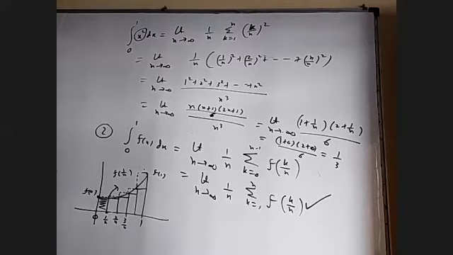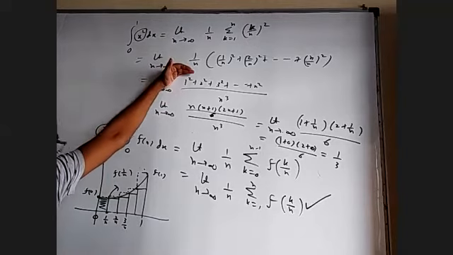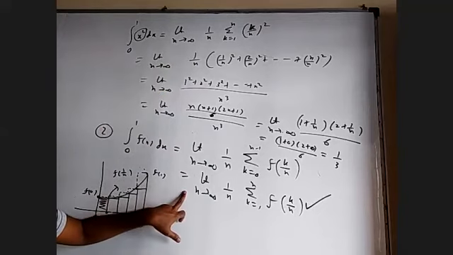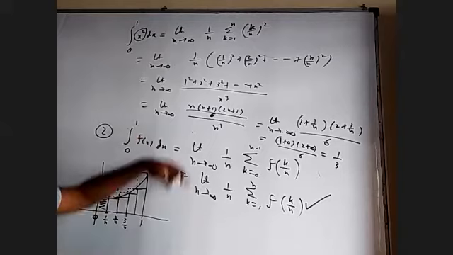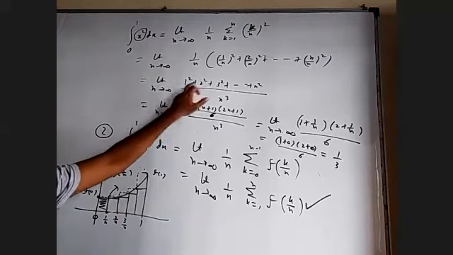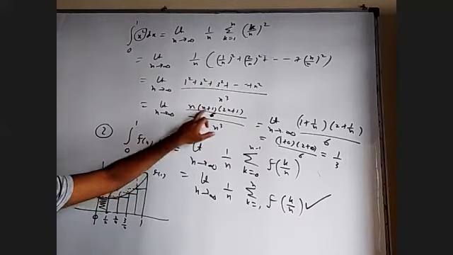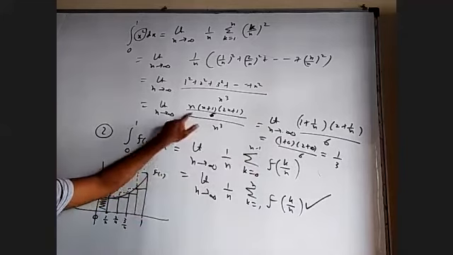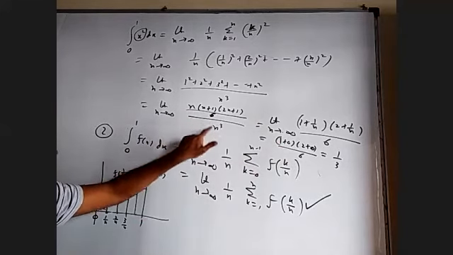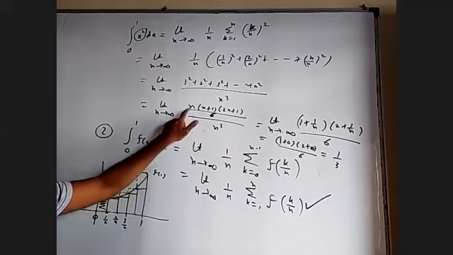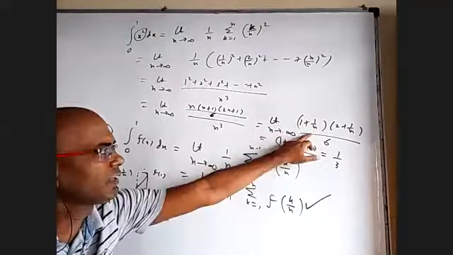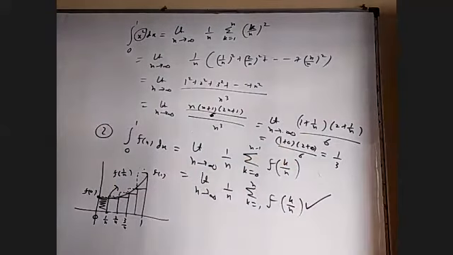Sir, can you explain the last 3 steps, sir? Okay. You don't have any problem up to here, right? No, sir. Last 3 steps. These two. No, sir. Before one. Okay, fine. So from here to here, for the sum of squares of n natural numbers, we have a formula, right? n into n plus 1 into 2n plus 1 by 6 is sigma n squared. From here to here, what I have done: one n I cancelled, another n I divided here, another n I divided here. Out of n cubed, one n here, one n here, one n cubed. That is this. When n is infinity, 1 by infinity will become 0, right? Thank you.